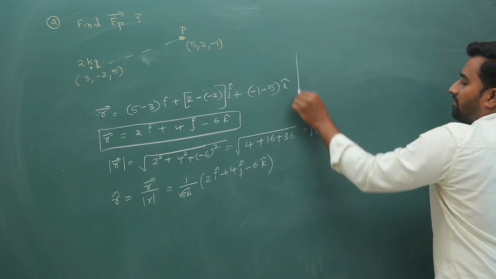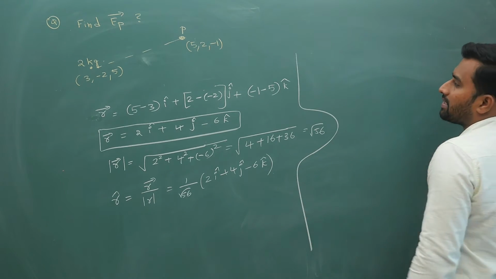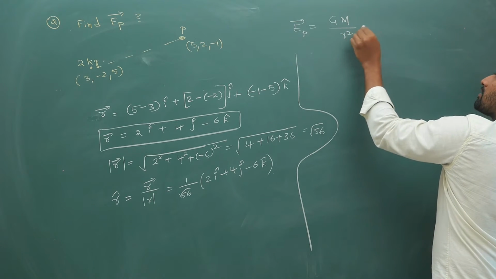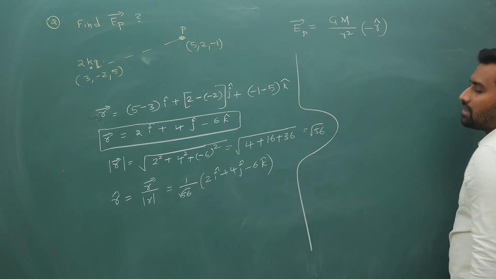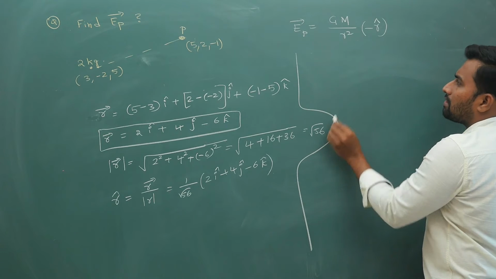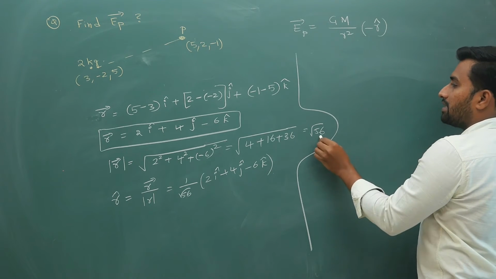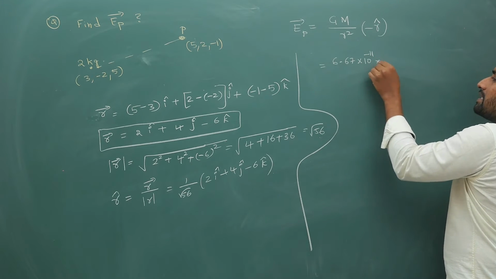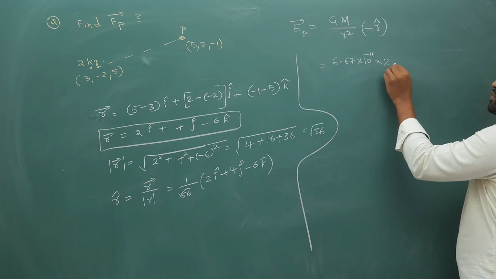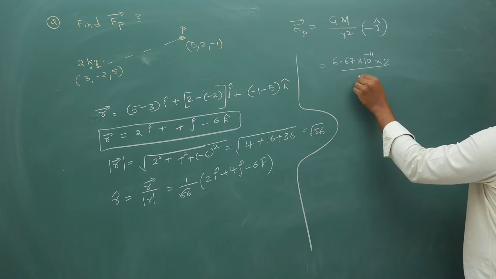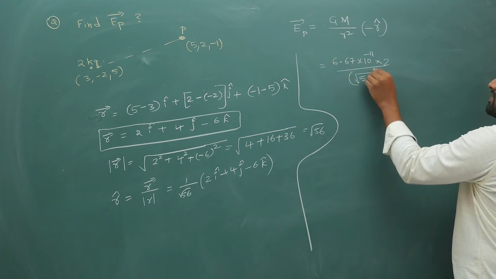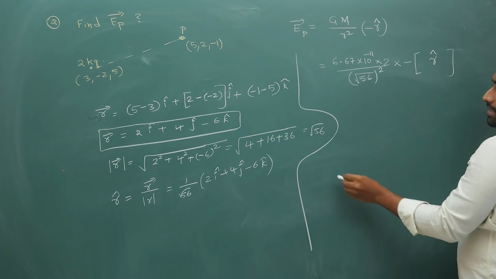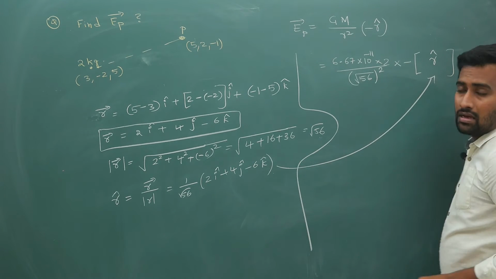So coming to the value, I have calculated only the position vector. Now your field at this point is G times mass M by r square into, I have told you, minus of r cap. What is r here is the magnitude of the distance, so it is root 56. So G value is 6.67 into 10 power minus 11, into mass value, which is 2, whole divided by position vector r square. So r is under root, so this is root 56 whole square, times minus of r cap vector. You bring it and substitute into this equation, you will get the required answer.